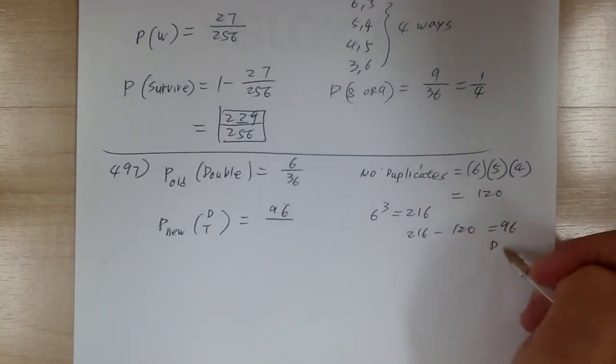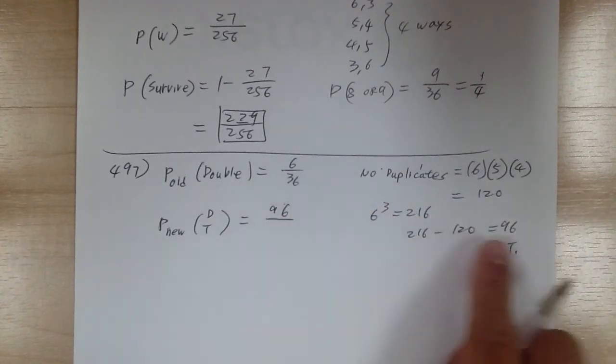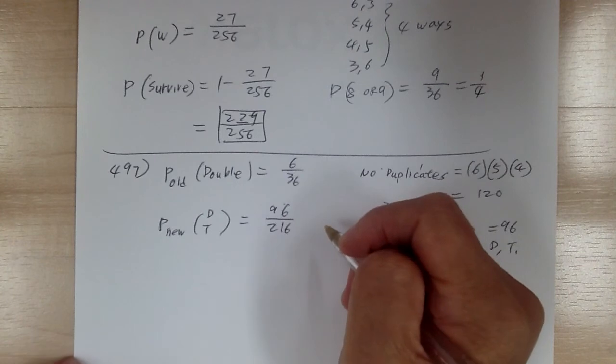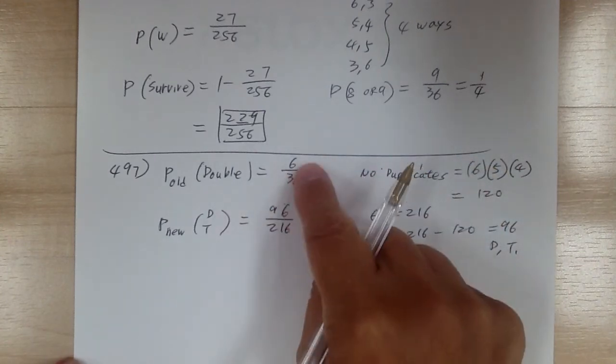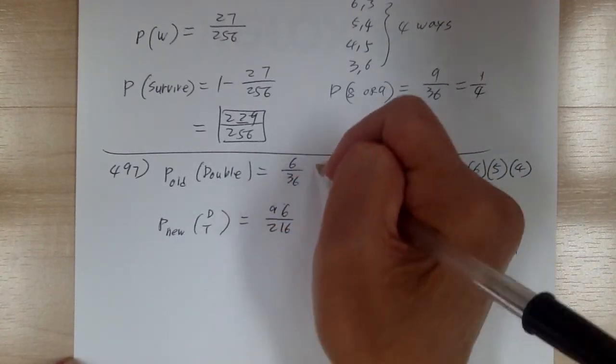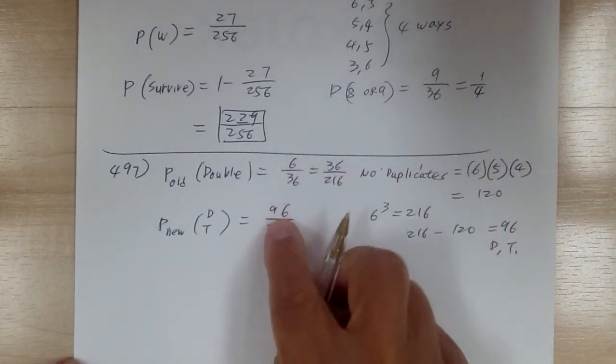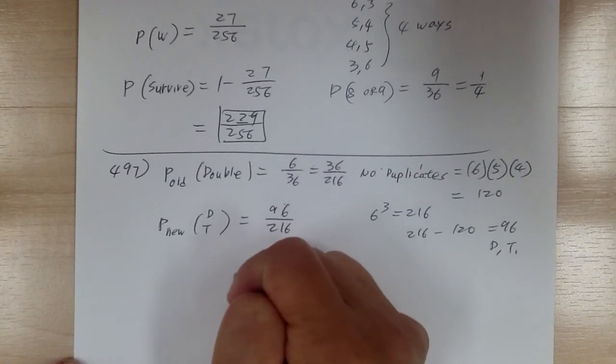That means this would be a double or the triple. Okay, so that's where the 96 came from. And over 216. And now you have to compare this with this. Okay, and so that's going to make into common denominator. This would be 36 over 216. So this over that. So the ratio